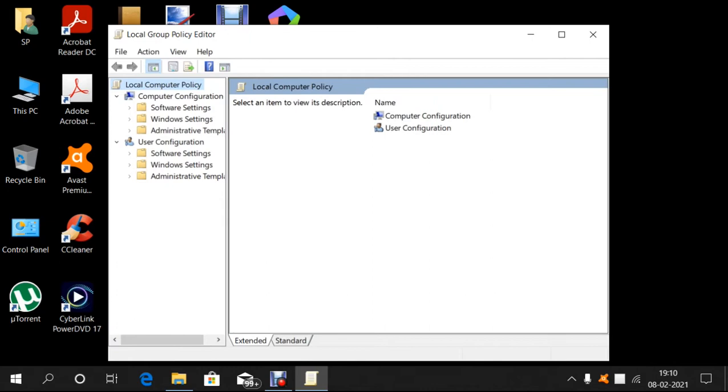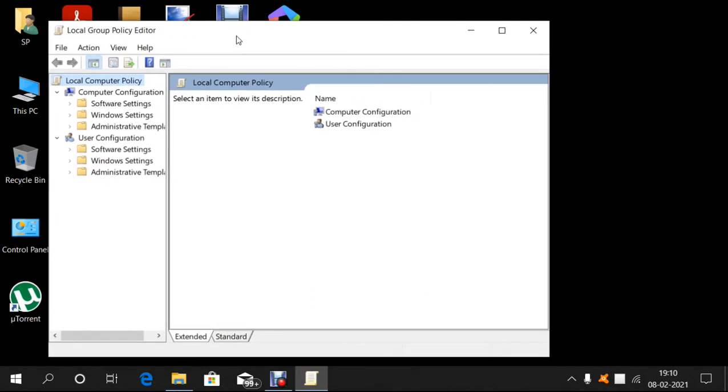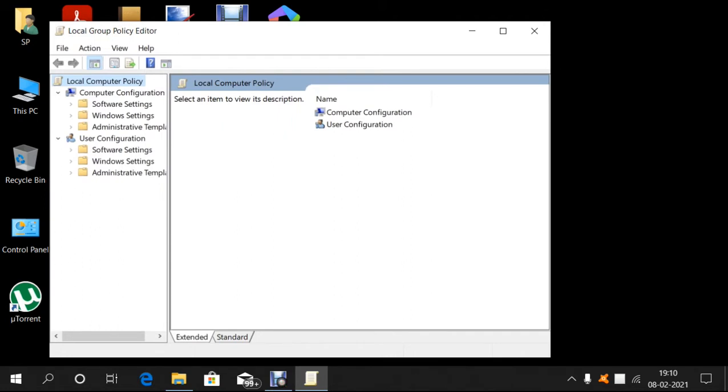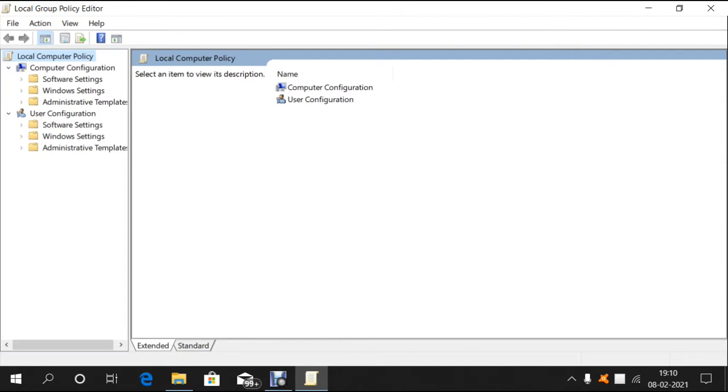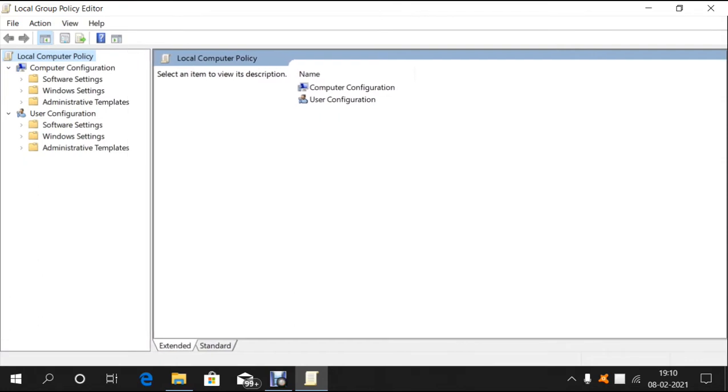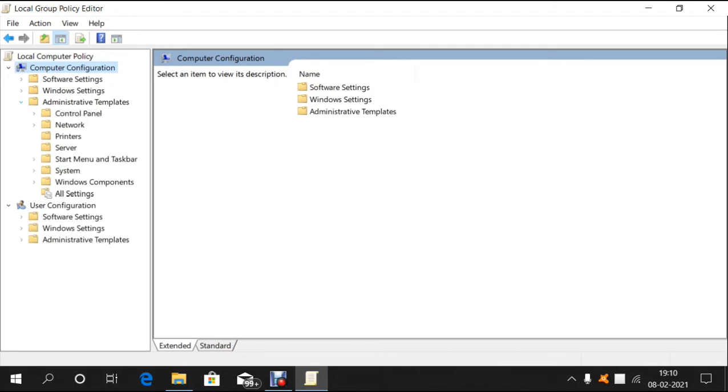So this is the local group policy editor window. If you can, maximize it. Here you just go to the computer configuration and expand this administrative templates.